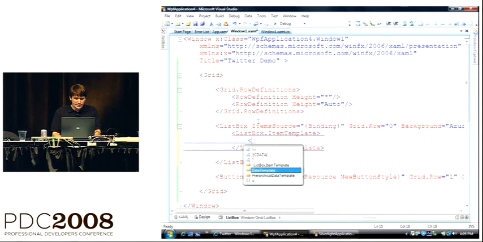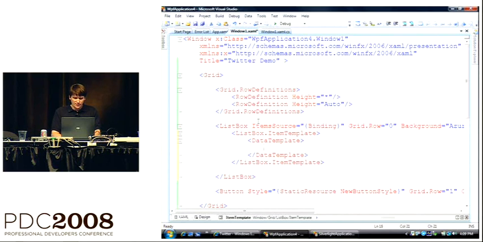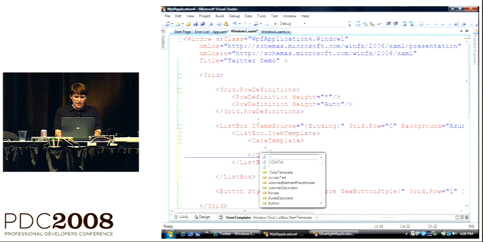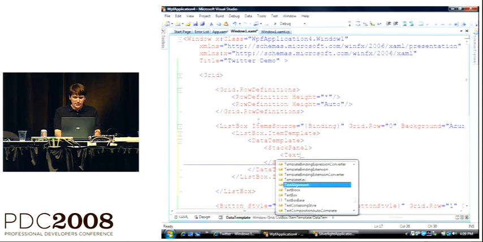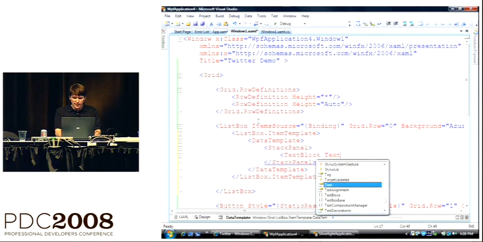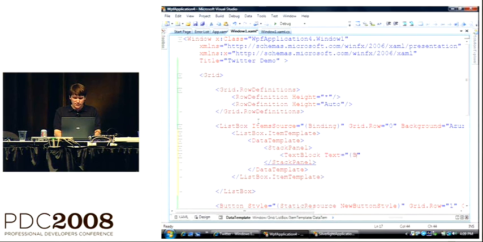Data template. I'm going to skip over a lot of the details here, but basically I'm just going to create a stack panel and put a couple of text blocks inside them, and then use binding to pull out the right text. So binding, let's put the username first,